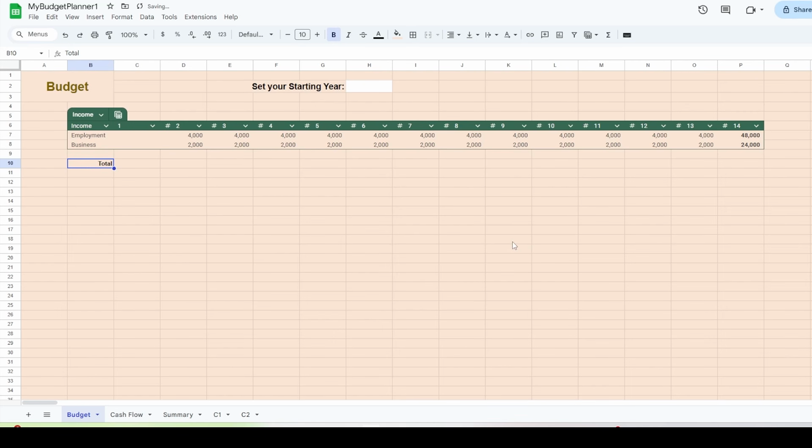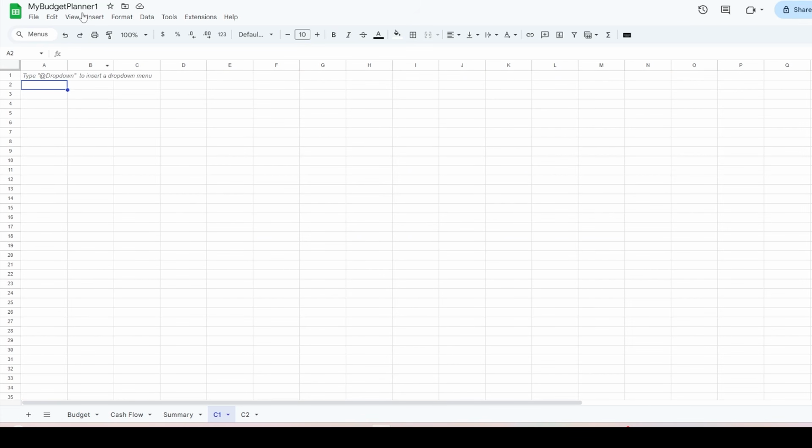In the beginning, we created C1 and C2 worksheets. These sheets will be used for some intermediate calculations and formatting. Setting dynamic row references. Open the C1 sheet and add the following. In A2, type income_upper_row_number. In A4, type income_lower_row_number. In A6, type income_total_row_number. Next, add formulas. In B2, type